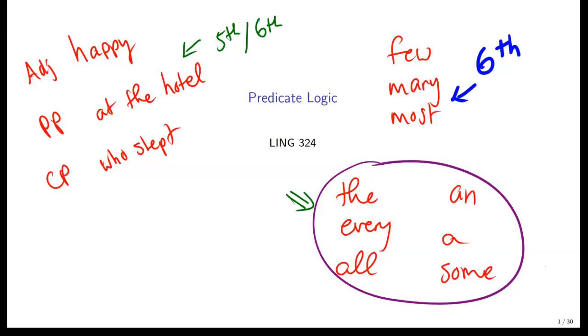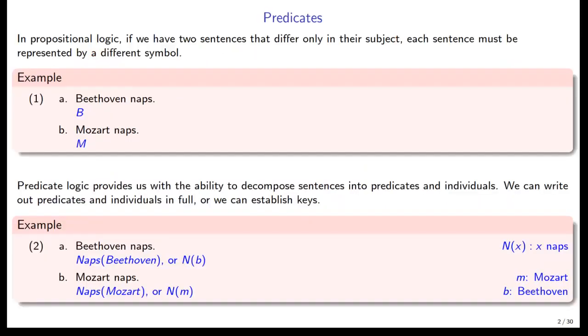So let's talk about why we need predicate logic in the first place and the advantages of it, and especially what it is in the first place. And here's the main problem that linguists have with propositional logic, and really philosophers too, in terms of argument's sake. Imagine we have these two sentences, Beethoven naps and Mozart naps. In propositional logic, we have to have two complete